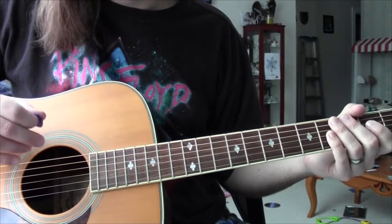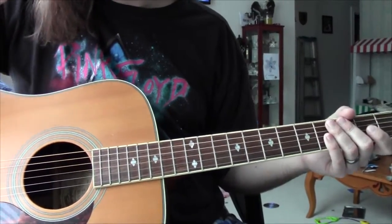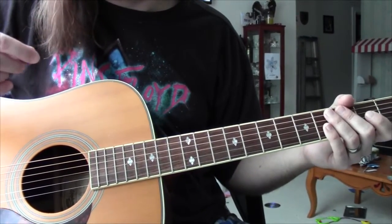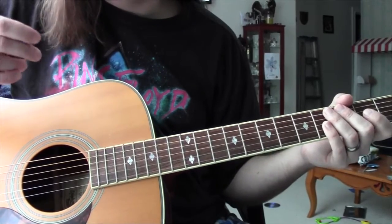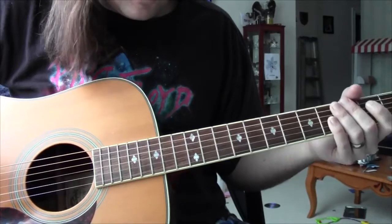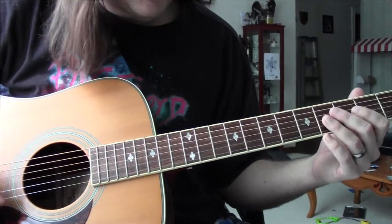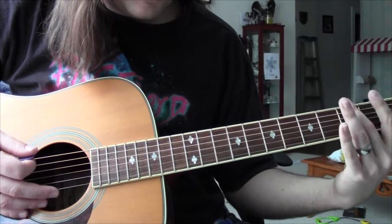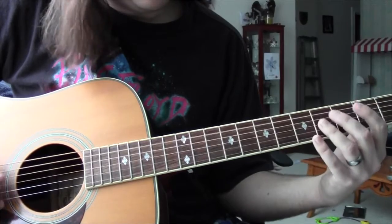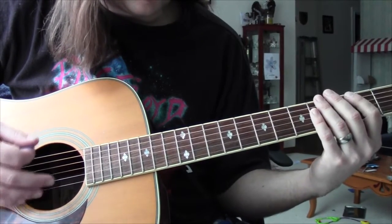Okay, so for the outro there will be a rhythm and a melody. So I'll show you the parts first, and then I'll try to suggest something if you're playing with just one guitar. So anyway, the rhythm guitar will be going like this. It'll be open and then 2, 3, 2, and 5. So it'll be, wait, it'll go